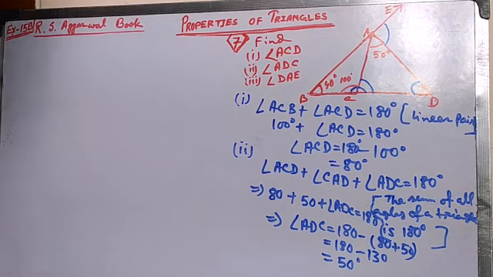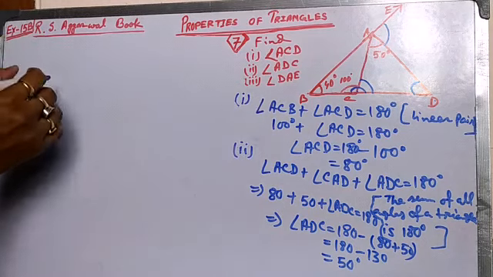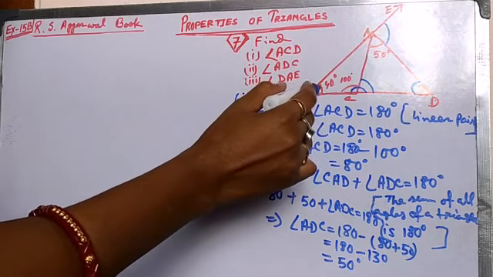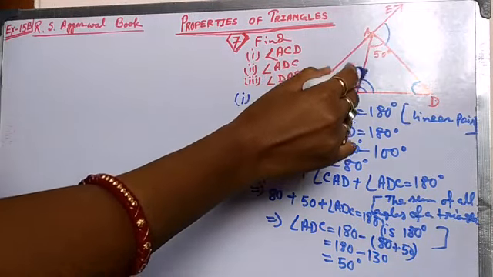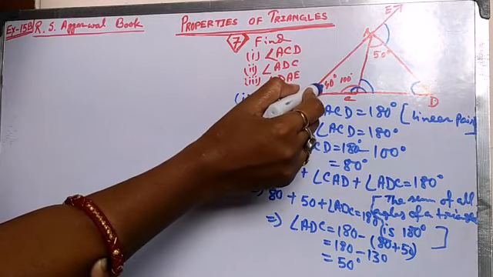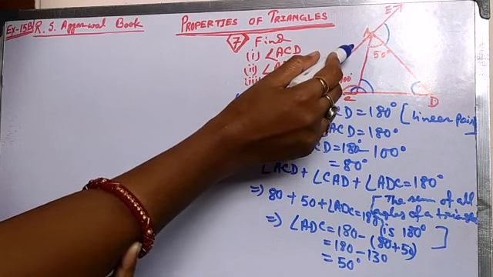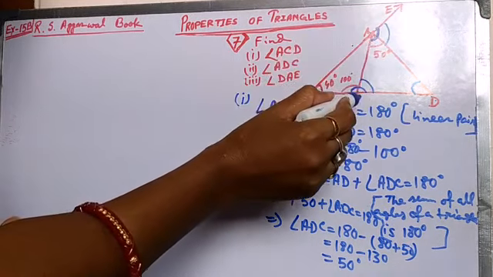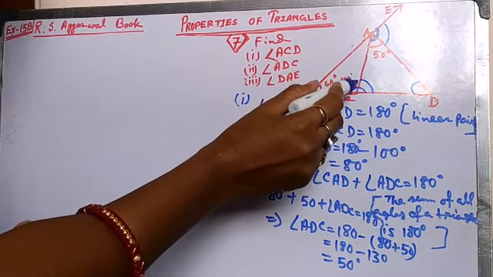Now the third part of this question, that is DAE. Angle DAE we have to find out. Angle DAE means this one. So here ABC triangle, if AB will be produced to E, then the interior angles are angle B and this one angle BCA. But the exterior angle is this one. This is the exterior angle and this is the opposite to interior angles, 40 degree and 100 degree.